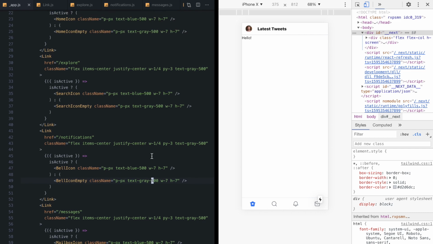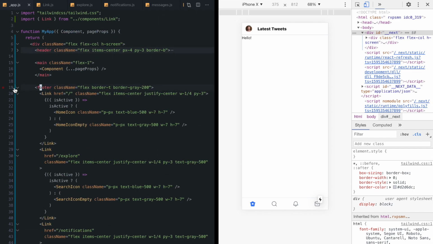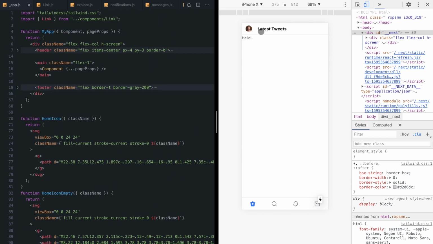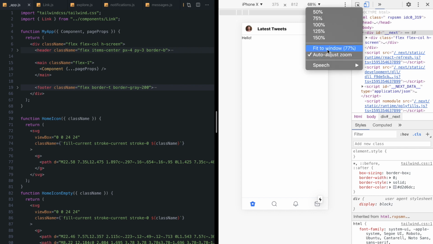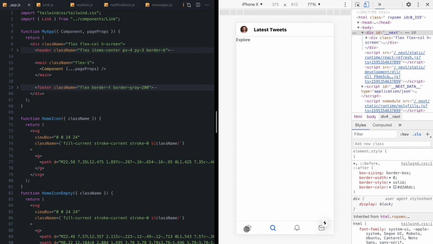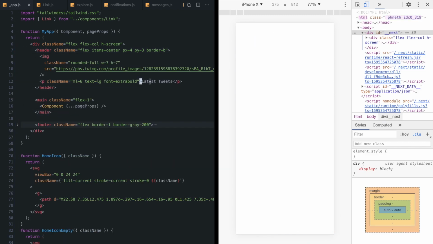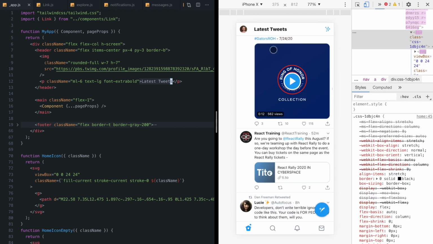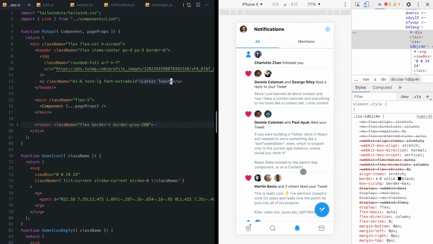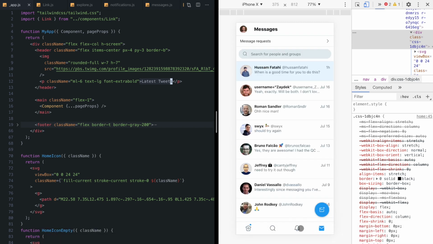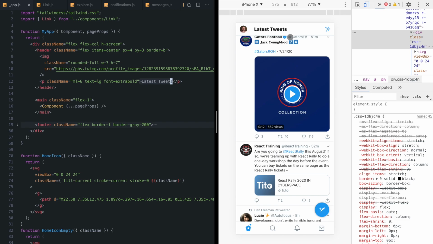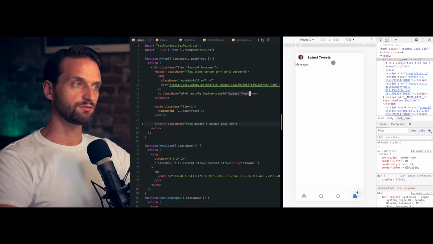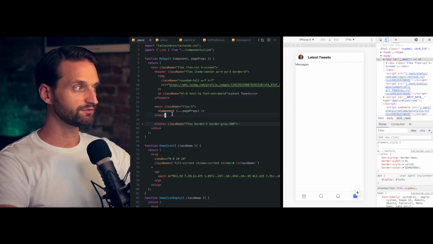So one last thing I thought was cool was how we get this title to change. Right now it says latest tweets, and that's statically in our header right here. But in Twitter, as you change, it changes dynamically. And to start, I'm just going to have a simple title here that says notifications or messages or what have you. And if you look at the Next docs, one way you'll see them sharing state between page components and